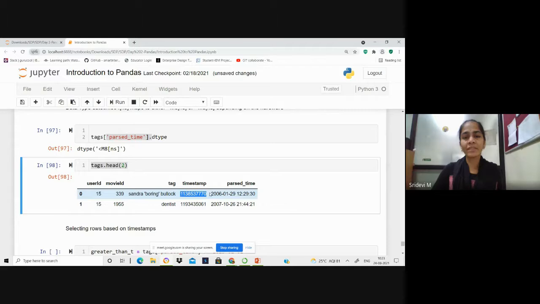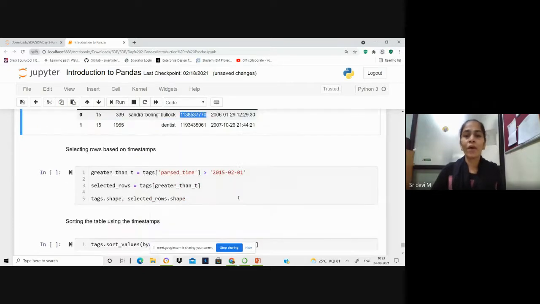This timestamp as it is doesn't give us any meaningful information, but once we convert it to date and time, then we have meaningful values on which we can base our operations.